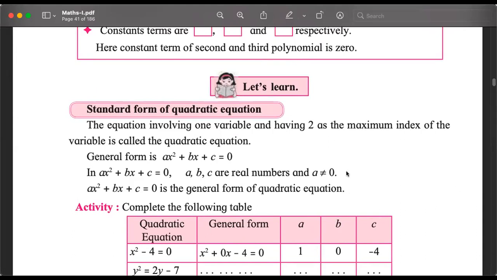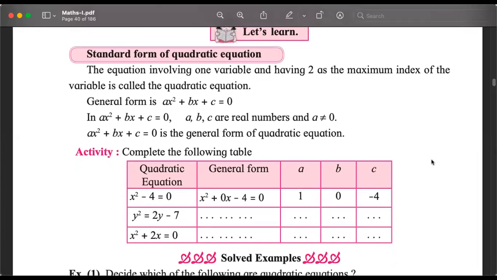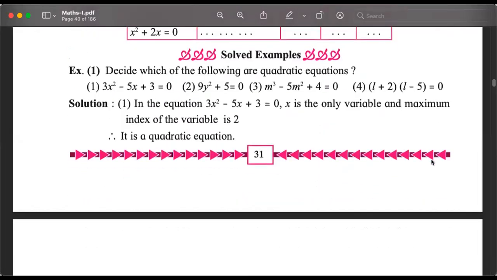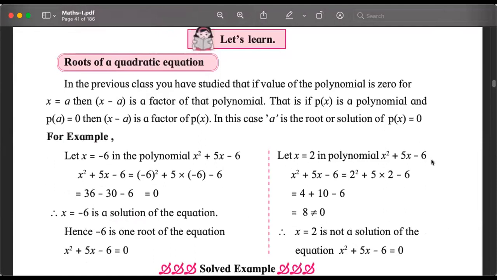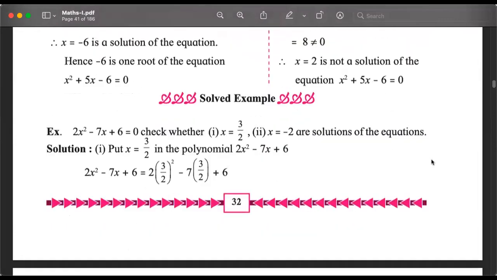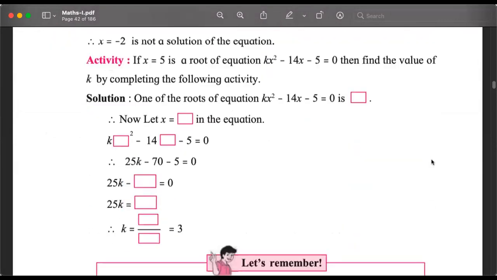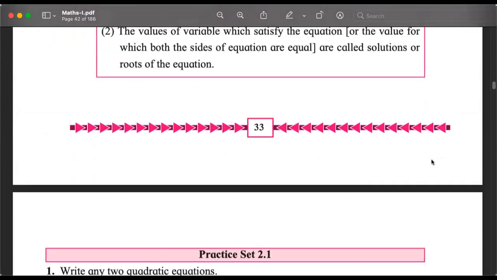So this is where we are starting the study, starting the content for this year. We will understand what the general form of quadratic equation is. Then the very interesting concept of root. And no, we are not studying science 2, but we will study roots. That's the first part of the chapter.